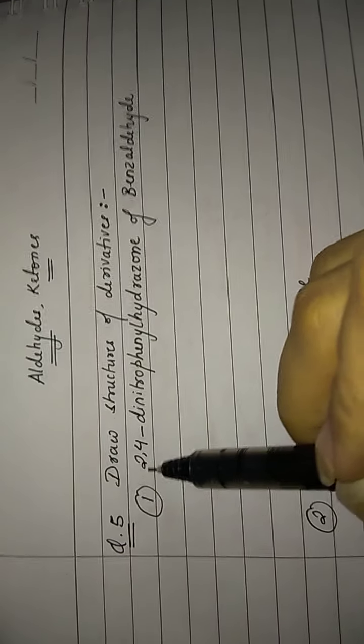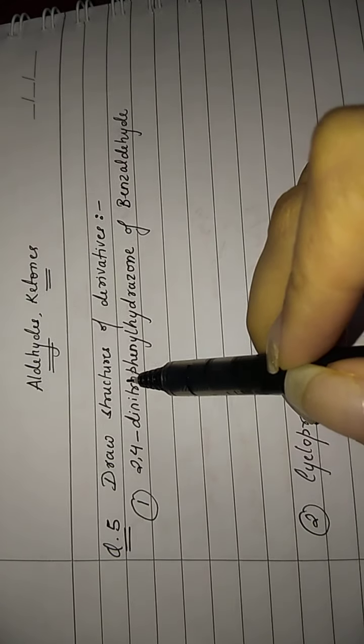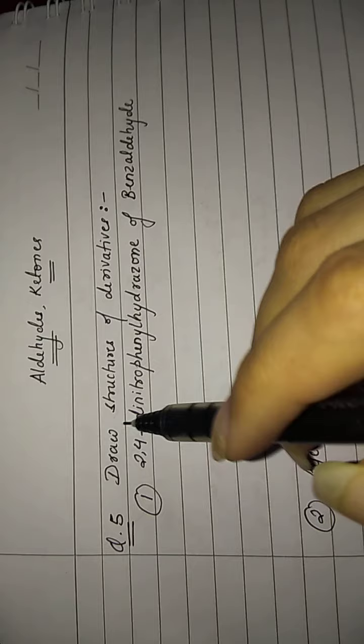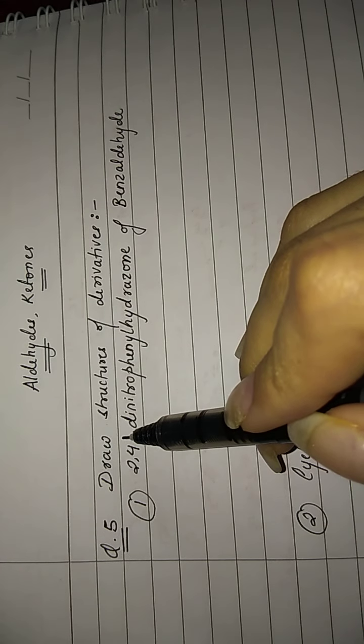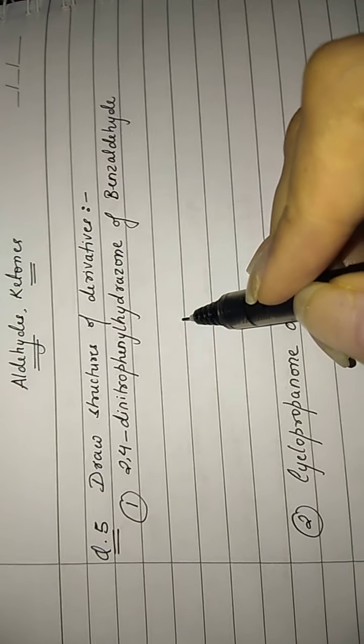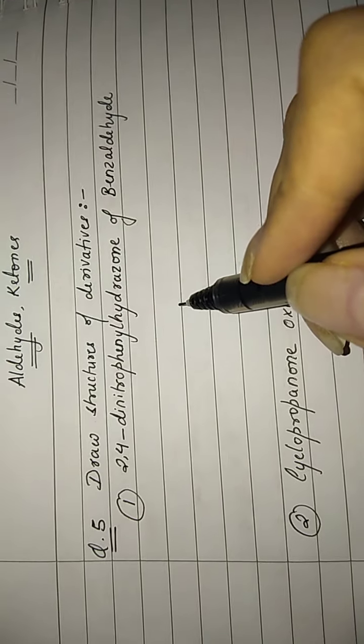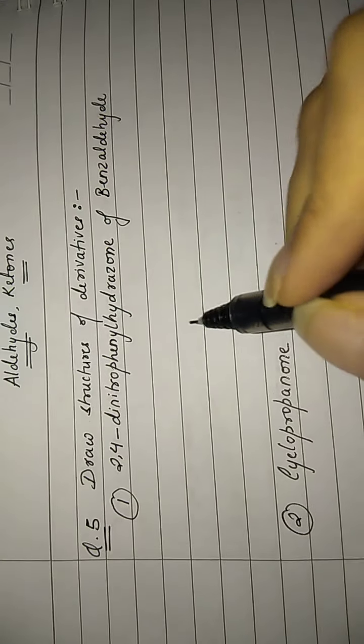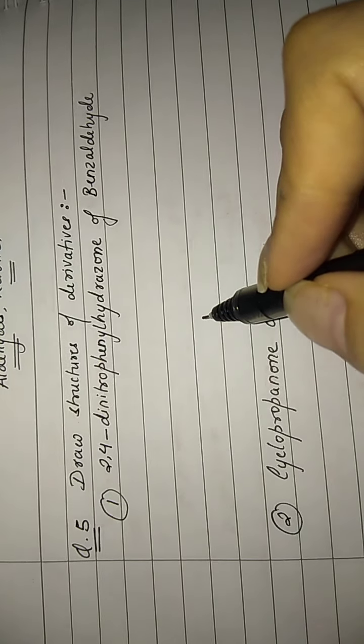Okay, now today we are discussing question number 5 of aldehydes and ketones back questions. Question number 5 asks you to draw the structures of derivatives. In the videos you must have seen a topic, ammonia derivatives. You will be able to solve most of these questions from that topic. Now let us consider the first one,